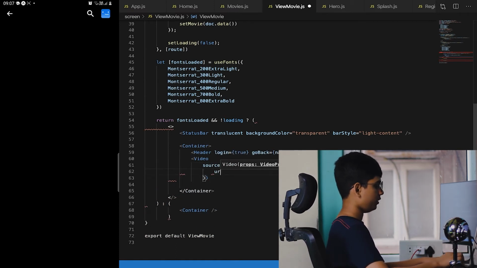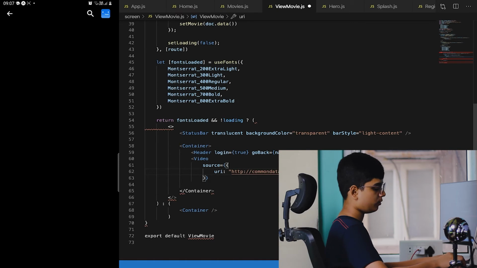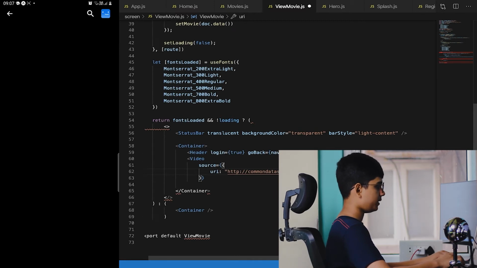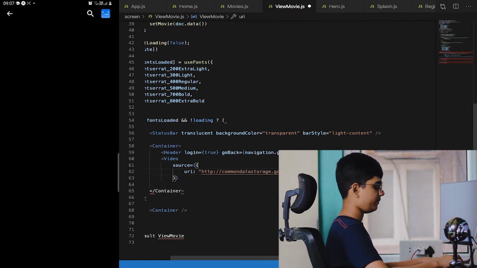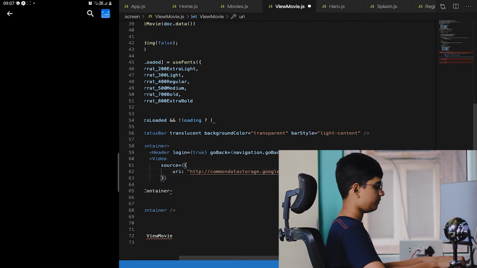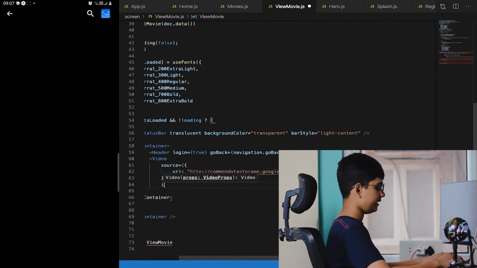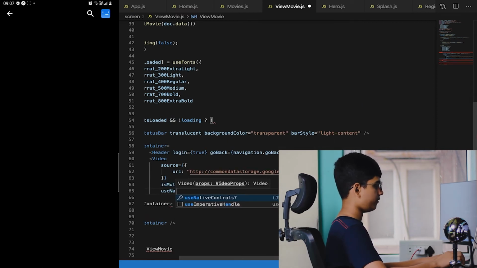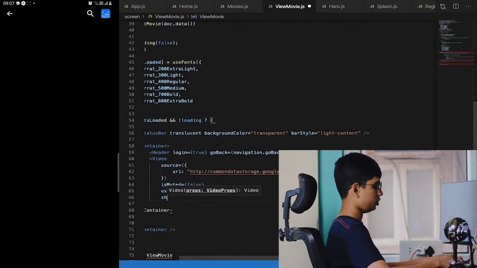source is equal to URI HTTP common data. Just keep this as a placeholder because we will not be using real movies anyway, so keep this as a placeholder. GTV videos bucket /sample /big buck bunny .mp4. So this is the URL, and after this is muted is equal to false, use native controls is equal to false, should play